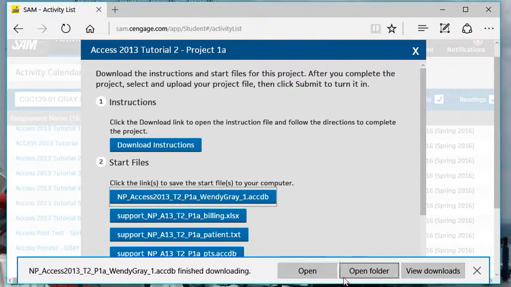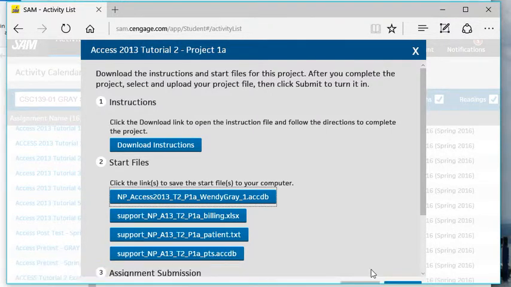So I can open View Downloads, which is a folder on your computer, or you can open the folder to which it was downloaded. In this case, because this is a database, I suggest you open the folder. If it were any other type of document, you could just open the document and save it. But with Access, you need to open the folder,